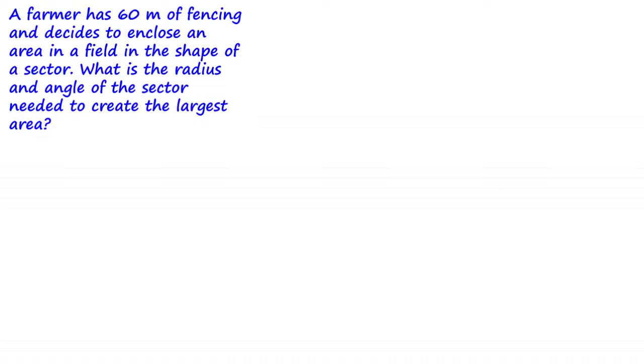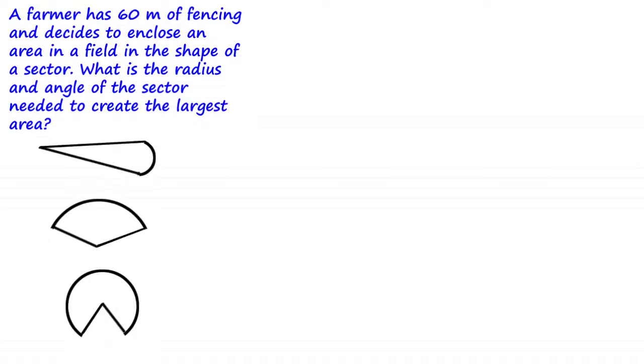Now, if we've got 60 meters of fencing, there are different types of sectors I'm sure that you could do, from thin ones to shapes like this to ones like this, all having a perimeter of 60 meters. The question is, which one of these, if it is one of these, is going to give us the biggest area? And if so, our job is to find out what the radius would be and the angle of the sector. That's the angle in here, or even round here. Wonder what it would be.